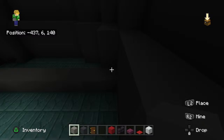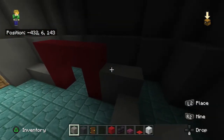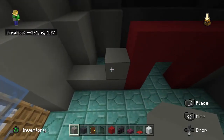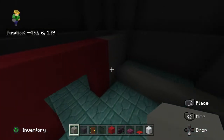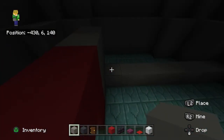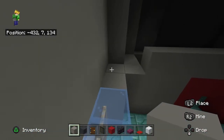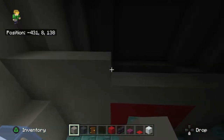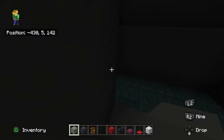hit that wall. Then I want you to place light grey concrete on top of the 2 rows that we have either side of the red concrete area. So I want you to paint the light grey concrete as high as the door. In addition to this, I want you to add 2 additional rows of light grey concrete on top of this wall area. Not only that, but across this back wall here, I want you to place 2 red concrete here